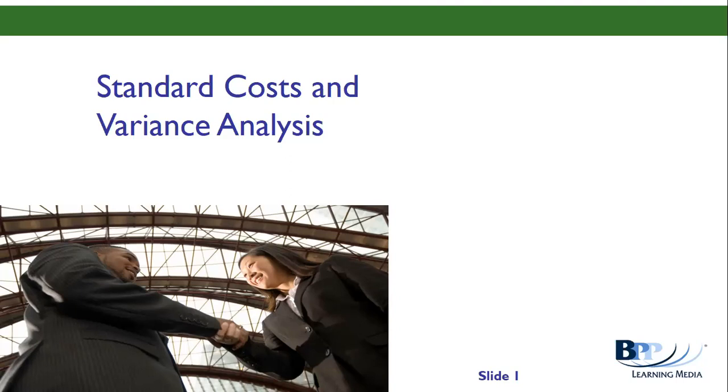But we cannot sit down and say that, you know, we lost 2,000. We need to investigate where we made the mistake. Where did we spend more? When you have a standard cost of $30 for a table, inside of standard cost you have standard material, let's suppose $20, standard labor, let's suppose $5, standard overhead, maybe $5. So a standard cost of $30 includes standard material cost, standard labor cost, and standard overhead.